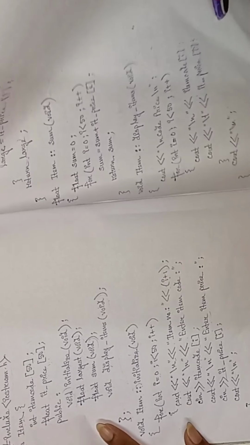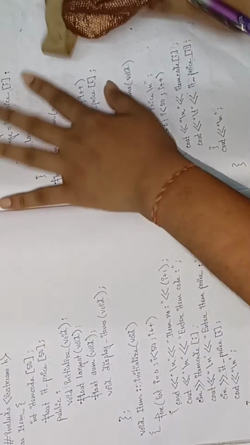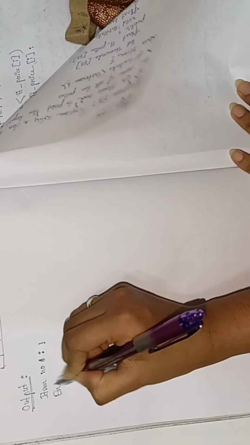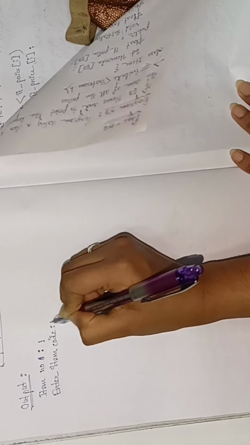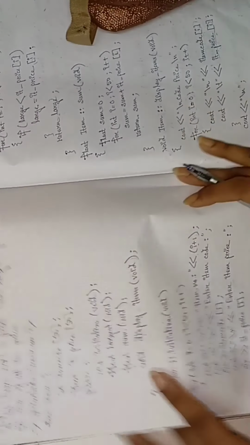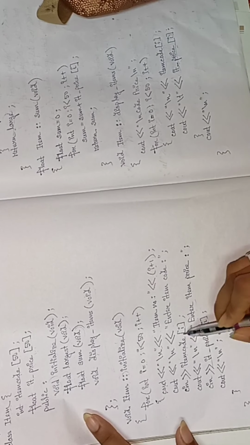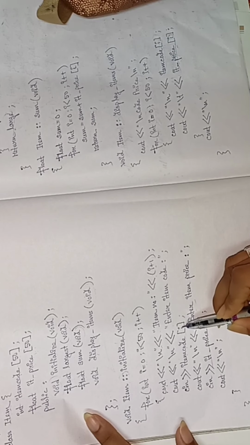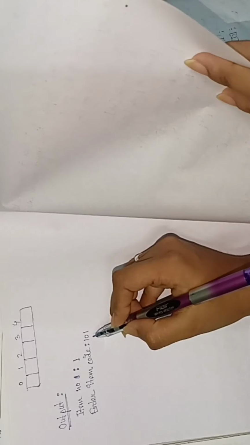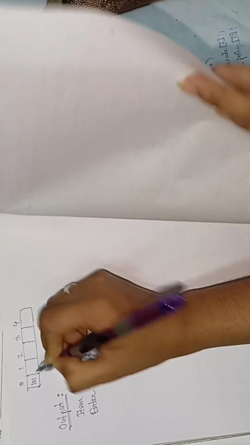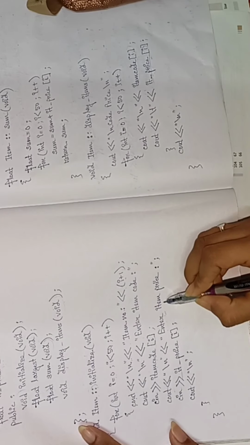Now cout \n, enter item code. So we have to enter a certain item code. For this, here we are getting enter item code. So suppose we have considered 101. Now again you come here, item code in the ith index. So I is 0. So in the 0th index we will store item code. So this 101 will be stored where? In the 0th index.